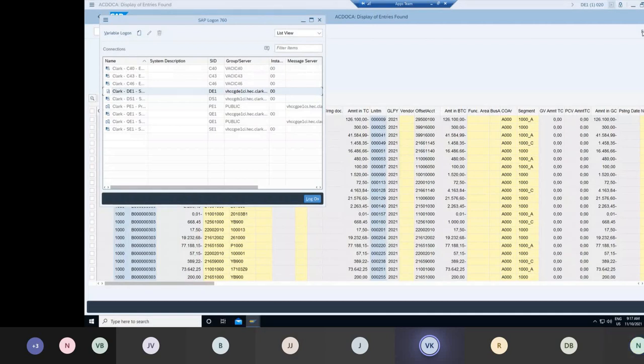So when the refresh happens, it's only the data, because in quality the configuration would already be there, since we move it from dev to queue and queue to production. So we don't touch the configuration. We'll always transfer the transaction data there.